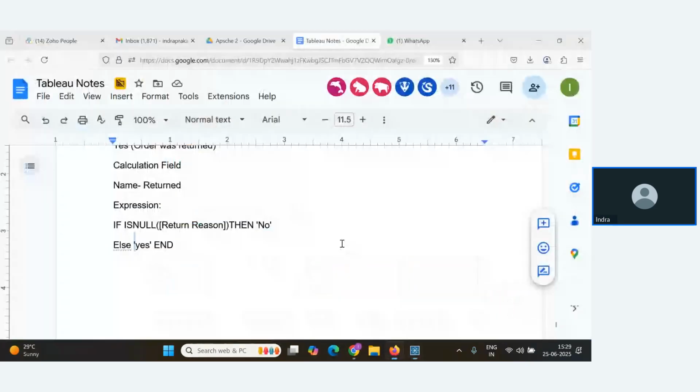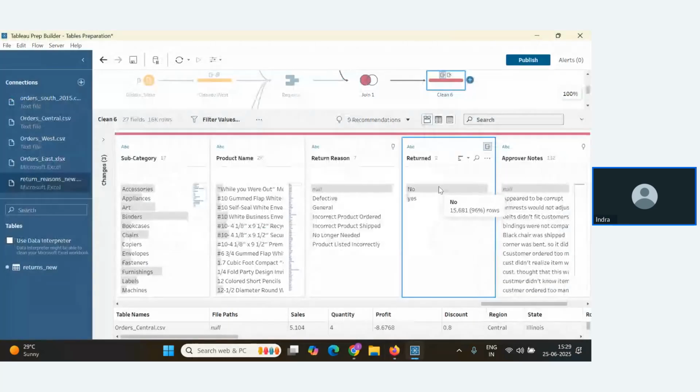So now from this column, I can understand that these many orders were not returned and this many orders were returned. Out of all the records, 621 records were returned and this many records were not returned. Here, my no is dependent on this one. If I change this one, this will get impacted.